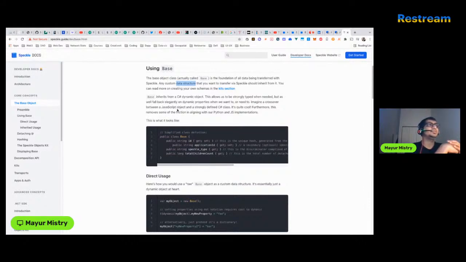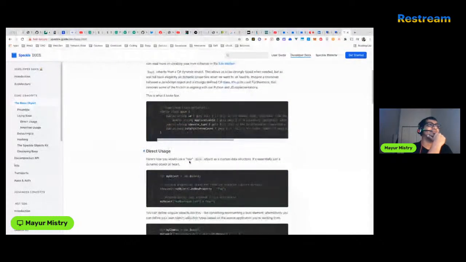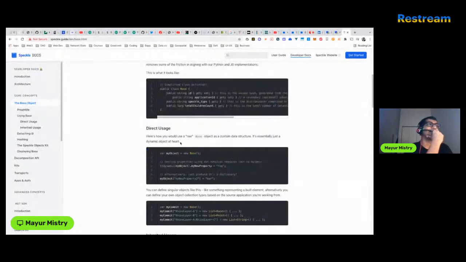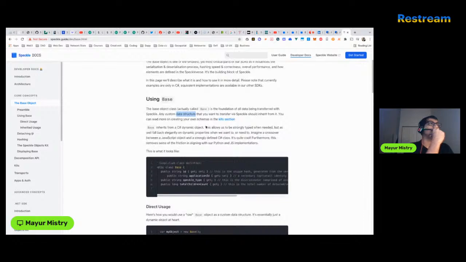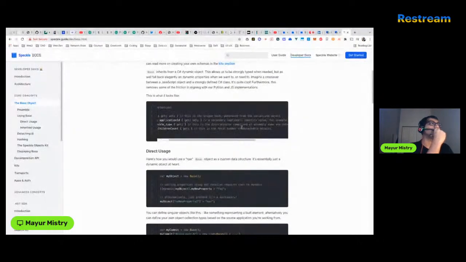Imagine a crossover between a JavaScript object and a strongly typed object. Ooh, it's quite cool. This removes some of the friction. Okay, get the hash of this. But what are they referring to by base? Like base geometry? This is the discriminator between assembly name and total children count. Yeah,